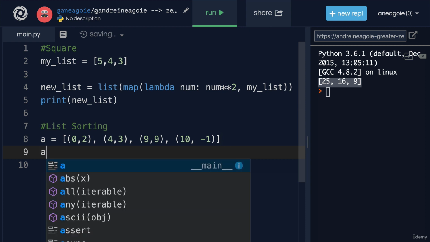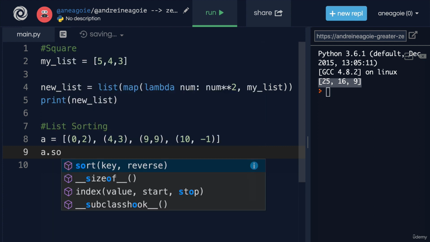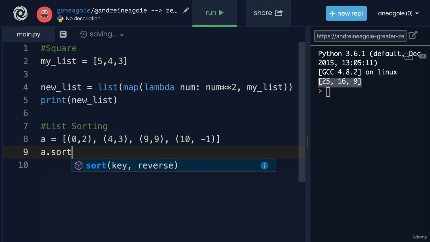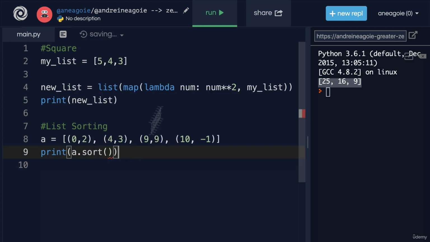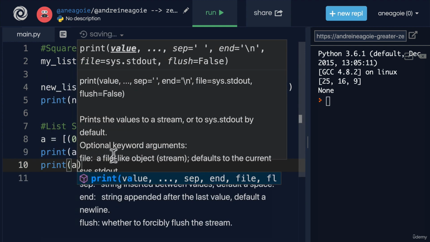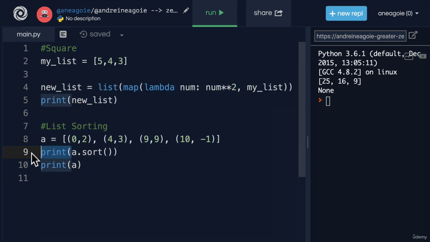We've learned that we have the dot sort method, right? And the sort, actually, well, let's see what happens if I just sort like this. If I do print a dot sort and I click run, I get none because it modifies the list in place. So let's just print A after we have sorted it. If I click run,